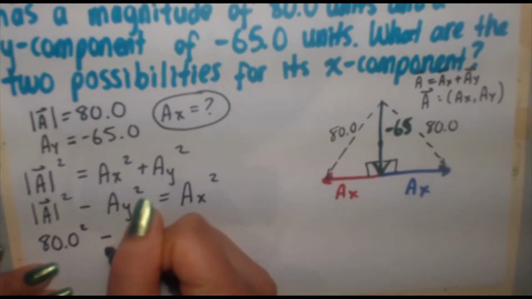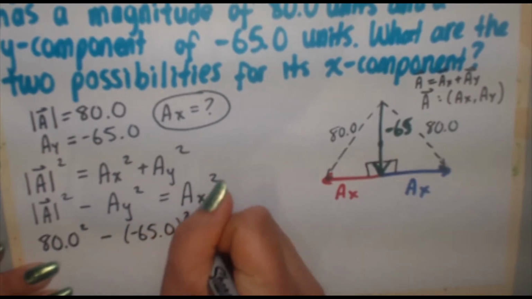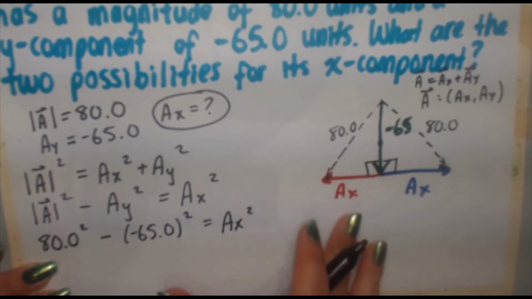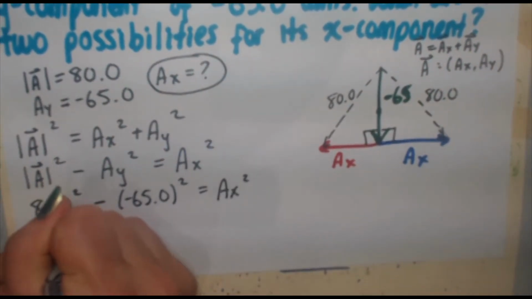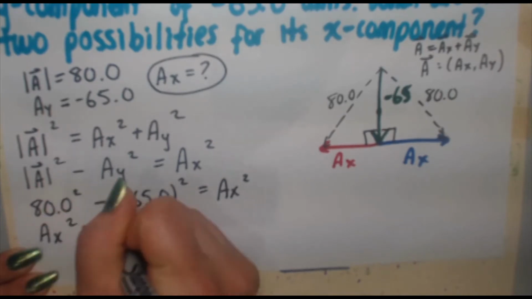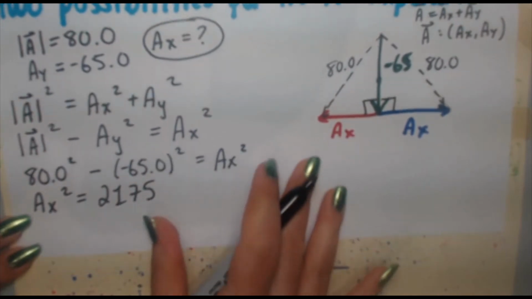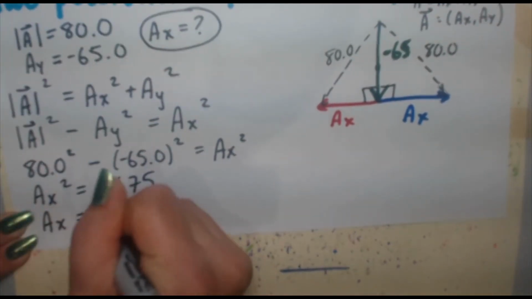Okay, Ay is negative 65. The negative is going to go away once you square it. That is equal to Ax squared. Okay, so in the end, let me reverse this. So I'm going to write Ax squared on the left. So Ax squared is equal to 2,175. When you take the square root of both sides, you're going to end up with Ax is equal to